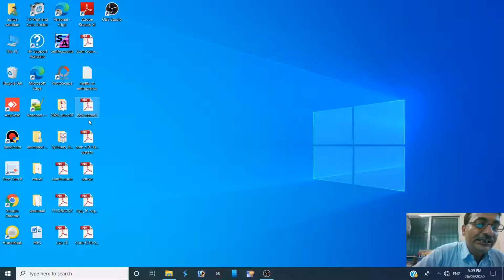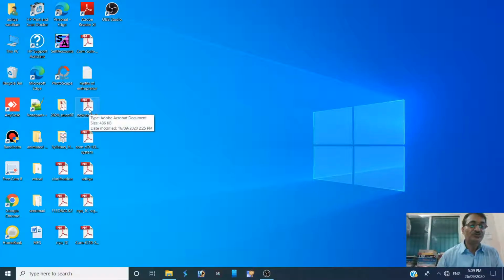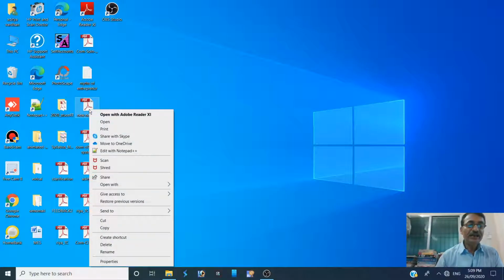After pressing the Enter key, you can see that the name of the file has now been changed, it has been renamed. The new name has been applied to that file. So this is the way to change the name of a file. After that, I have to describe some other options related to the file.